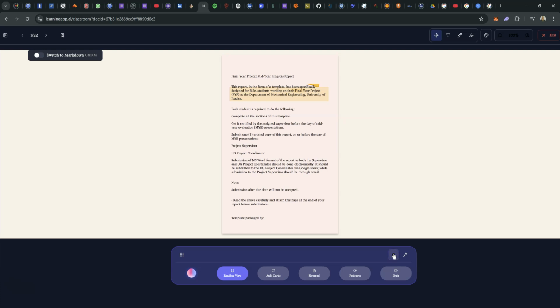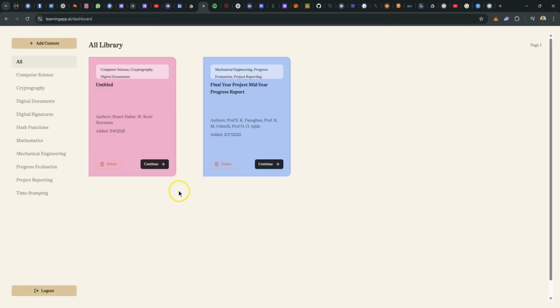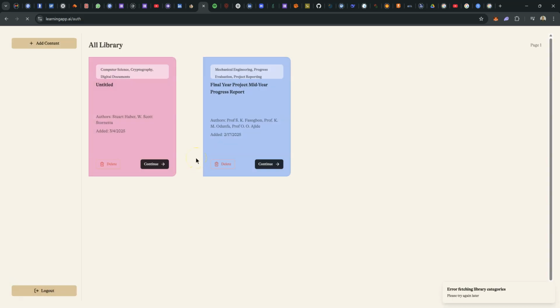And I believe this is the dark mode. It works here, but it doesn't work on... That's my complete review of the app. So if you want to exit here and log out, it should take me to the authentication page. But yep,